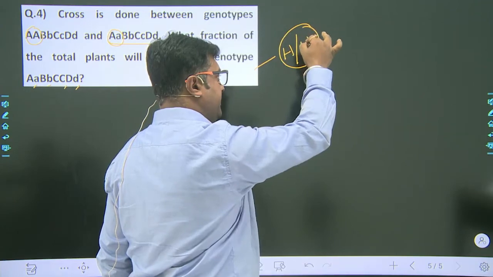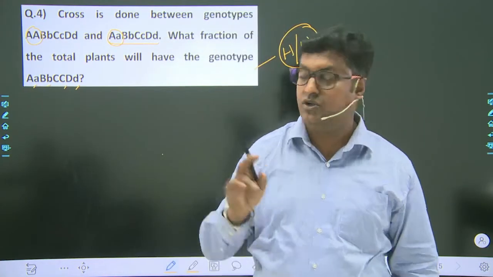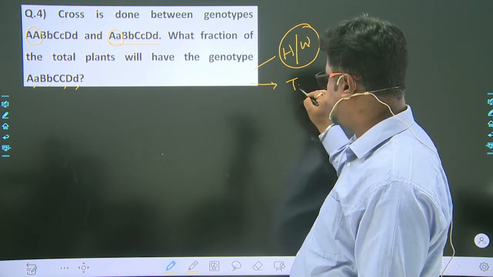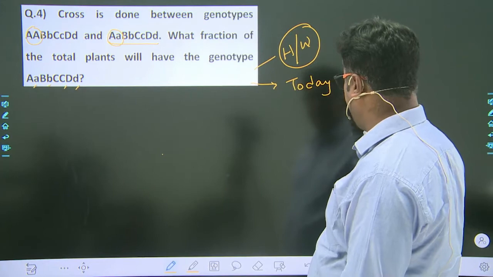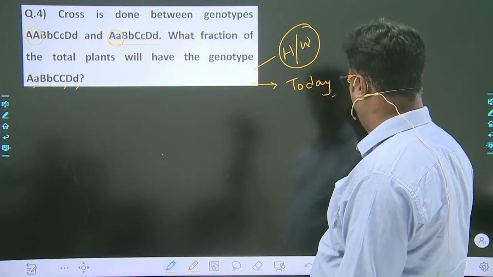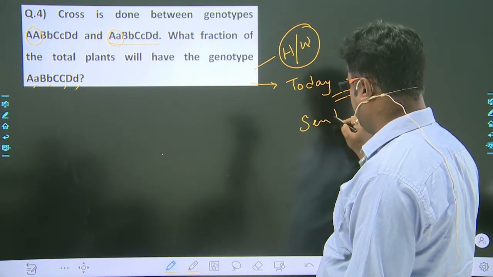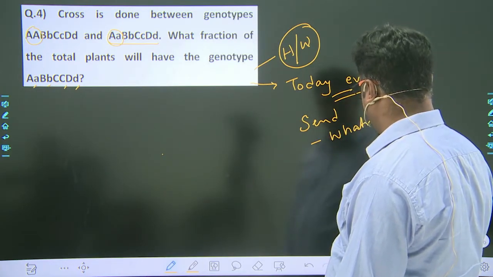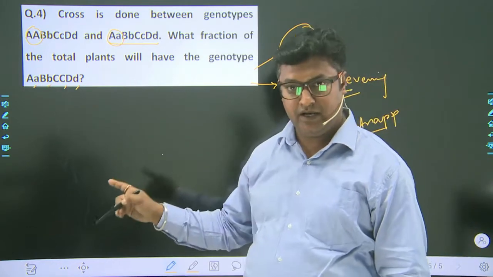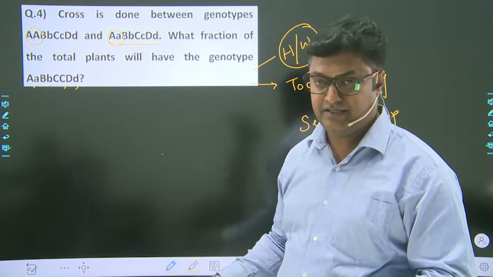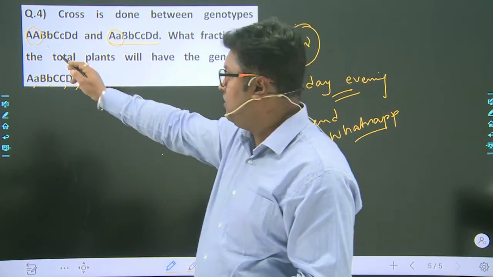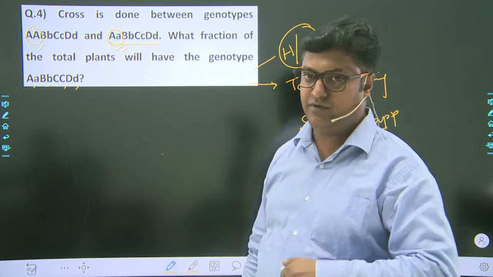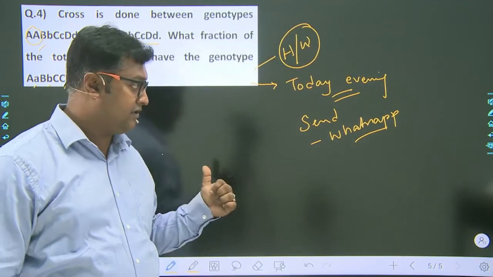If it is not being solved by you, you have to write it down, and by today evening, you have to send it to me on my personal WhatsApp number. You have to send the solution for this one. Clear? You know the tricks, just apply them. Just be careful while crossing between this one and this. Clear? And you will be sending it, and I'll be sending you the reply.